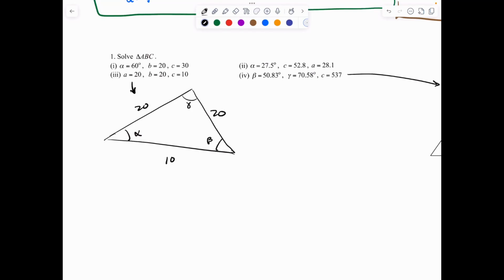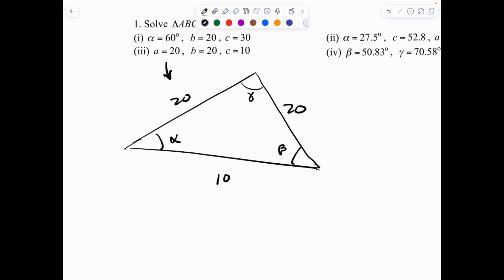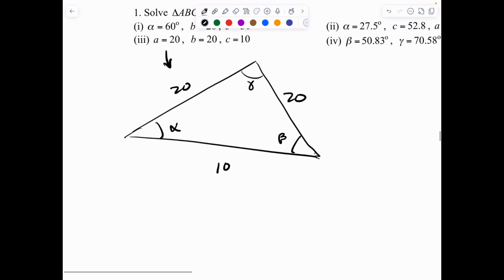Okay, so I got my act together and I've got my calculator ready, and we're going to do this much more quickly with this video. So let's take a look at numbers 3 and 4. On this, I've drawn the two triangles already, and so all we have to do is figure out how to